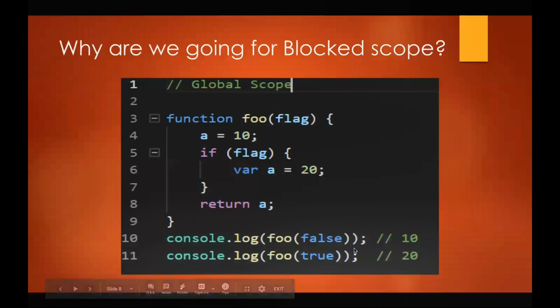That means here we are seeing that in global scope, a can be accessed from anywhere inside the script.